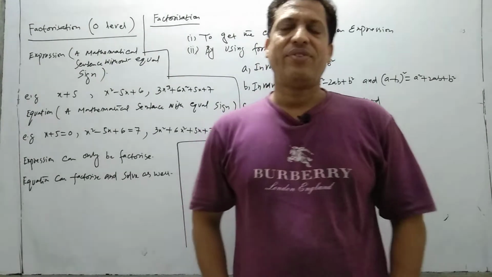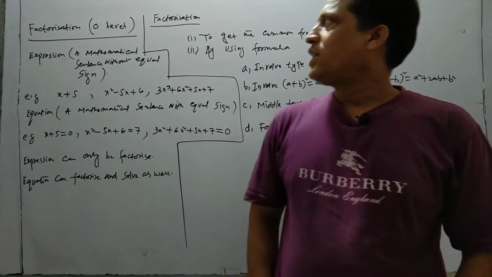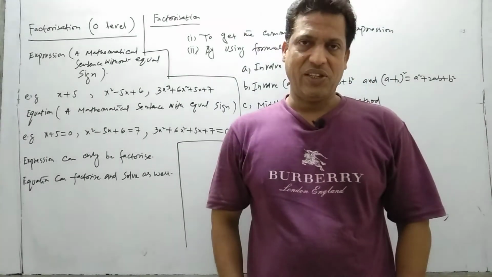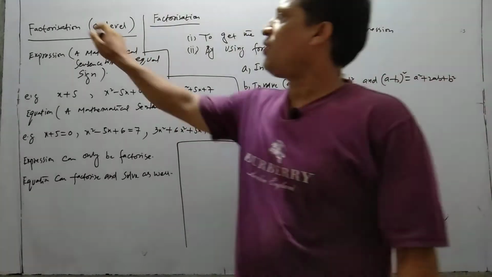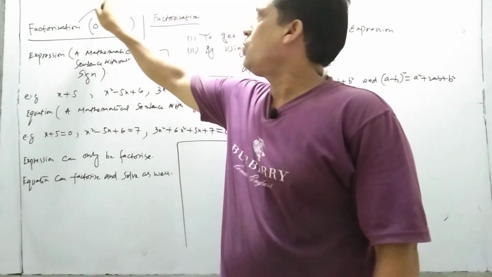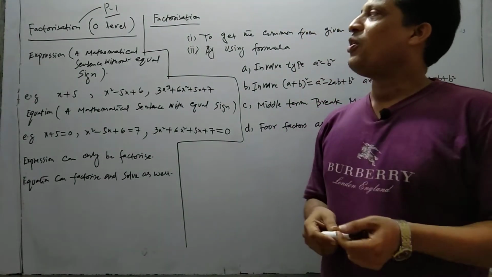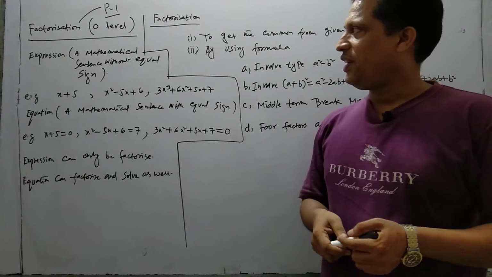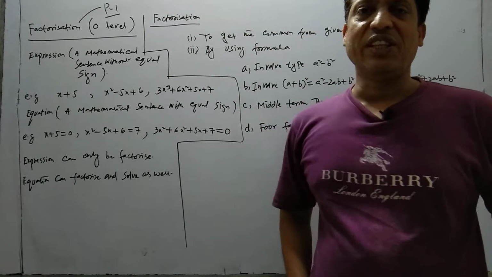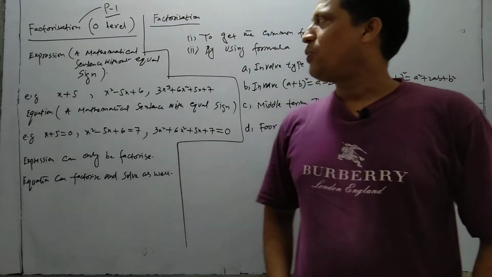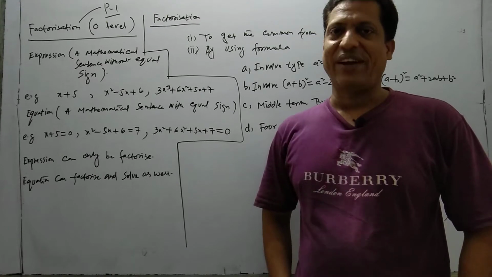Student, this is my first lecture of O level mathematics and I chose a topic of factorization, which is related to paper 1. Paper 1 means questions done without a calculator. So I am going to start factorization of O level, beginning from the start and ending with past paper questions. I hope you enjoy and understand the concept of this lecture, factorization.